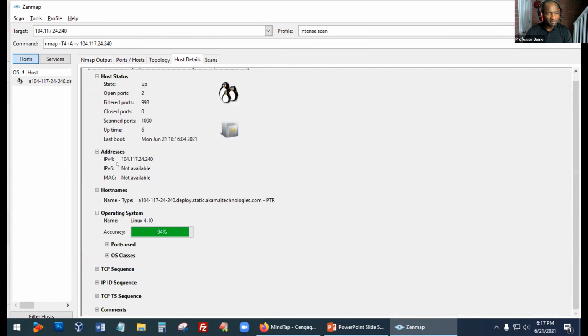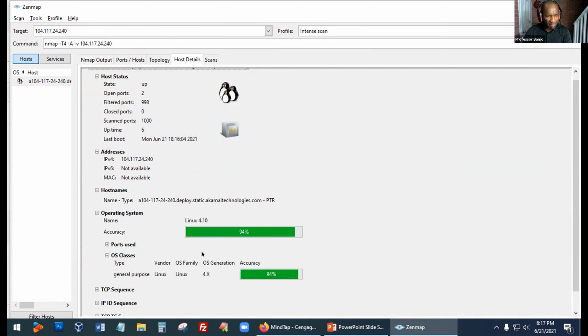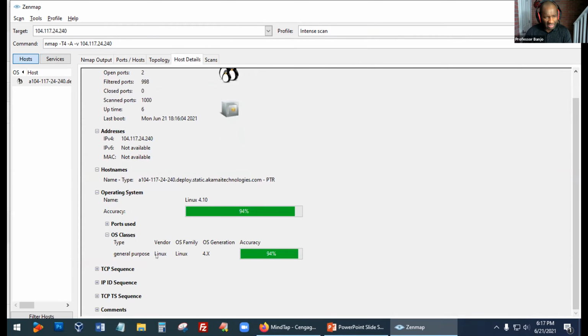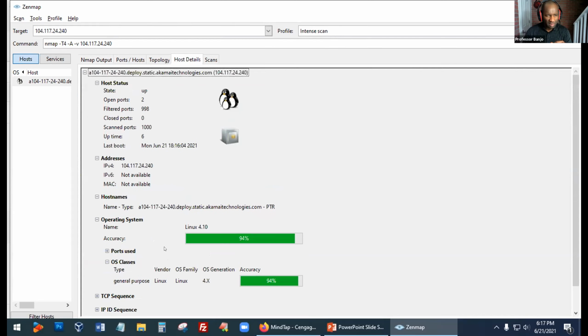It might give me an idea of IP addresses, of course. Maybe MAC, well, there's no MAC address available here. It might tell me maybe operating systems. Right here, it tells me there might be Linux in that network. It gives me an idea of the host name. That's the web server that points to Akamai Technologies. So if you keep digging, you might get some information that might be useful. For example, right here it tells us Linux is probably an operating system in that network.